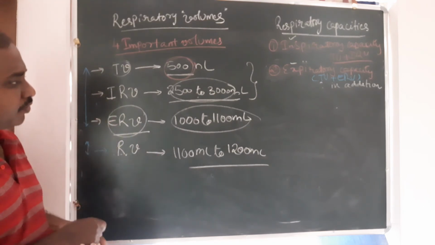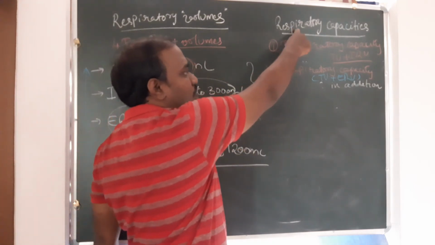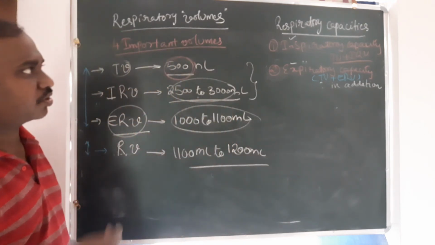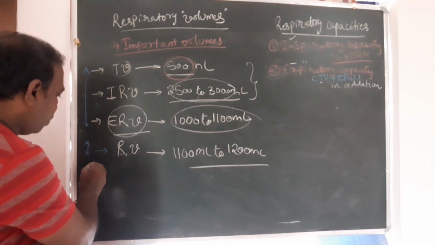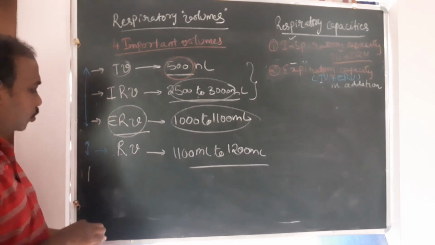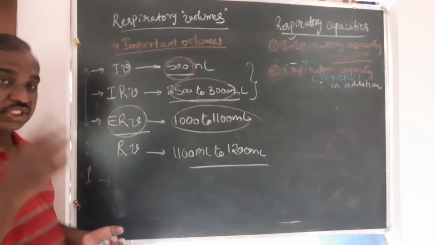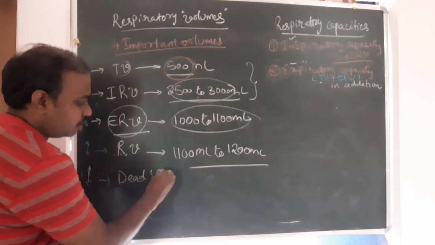And keep coming back to these values again and again. And now what do we see? We'll see the capacities. Furthermore, still more capacities. How many capacities are we going to count? And please remember the less frequently used volume as well here. Just now I have explained, right? That is the dead space value.